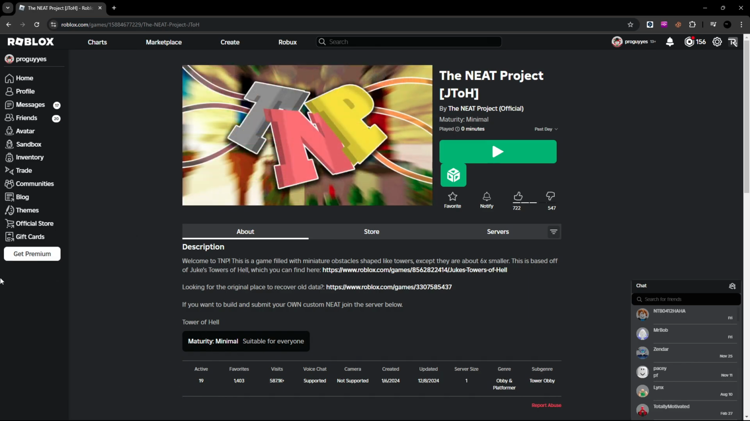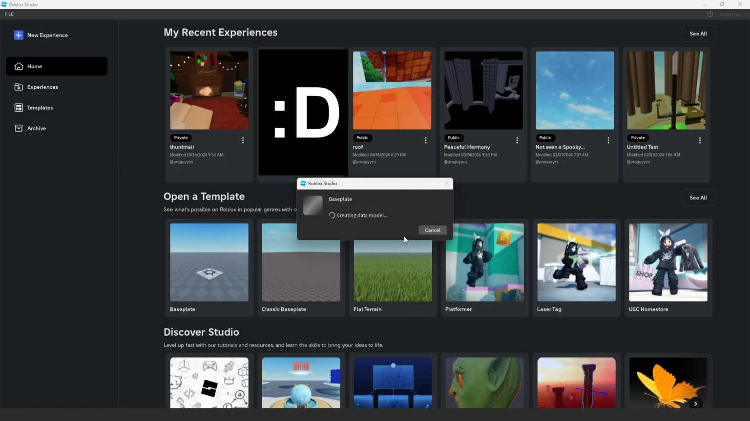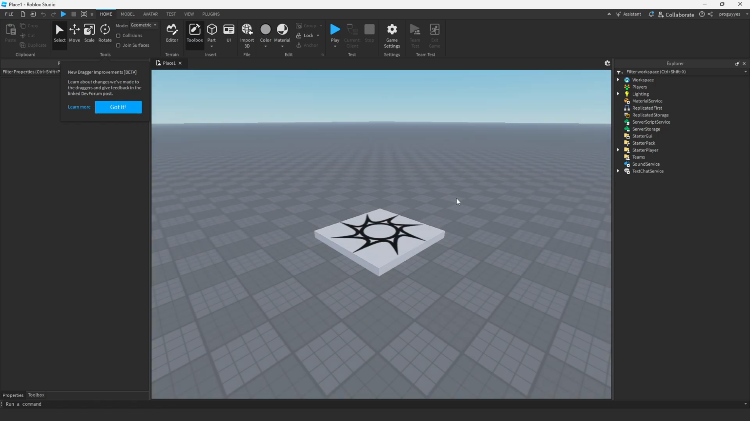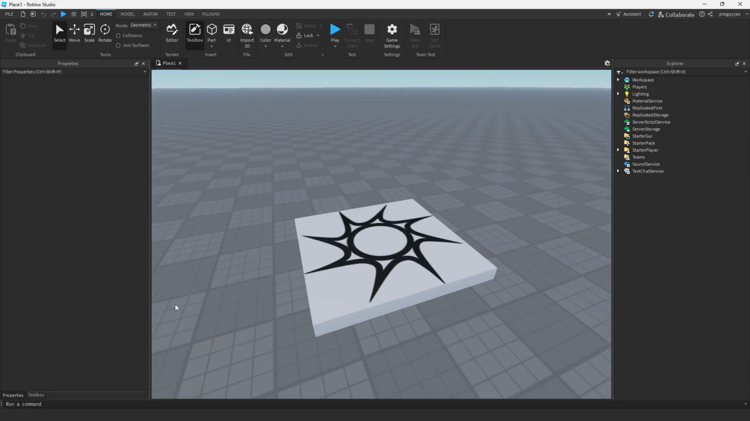Okay, let me just open Studio right here. It's been a while, so there's this new UI which I do not like. Anyways, new experience. Baseplate. Okay, I guess the default is this one then. Okay, so first thing is you need the kit,